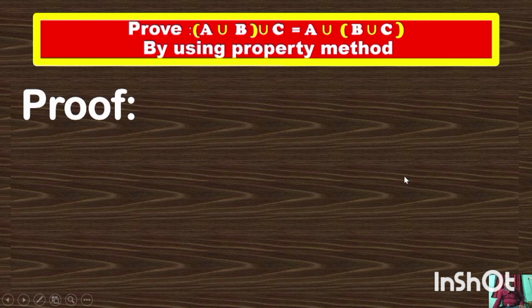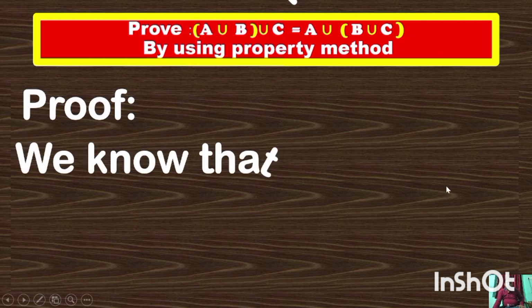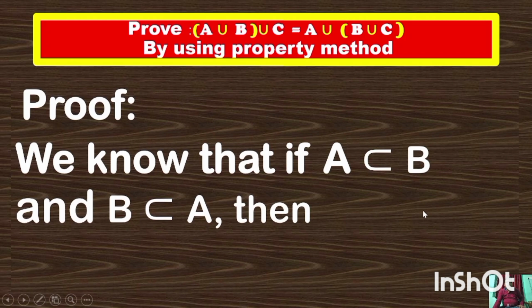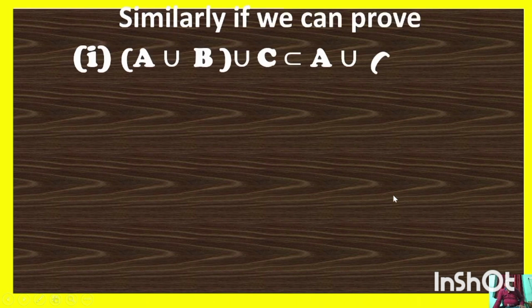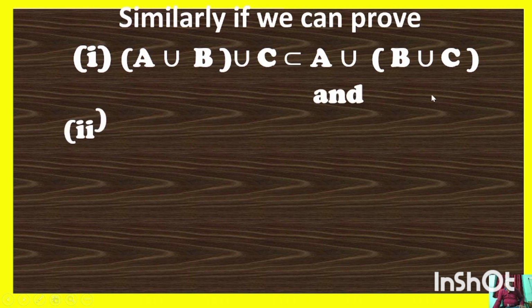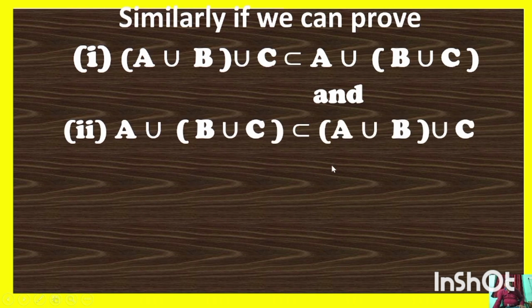We are going to prove the associative property using the property method, and all of you know that if A is a subset of B and B is a subset of A, then A equals B. Two sets are equal if A is a subset of B and B is a subset of A. Very simple concept from the first class. While discussing the property of subsets, the same idea we can use to prove the associative property. If you can prove (A union B) union C is a subset of A union (B union C), and A union (B union C) is a subset of (A union B) union C,